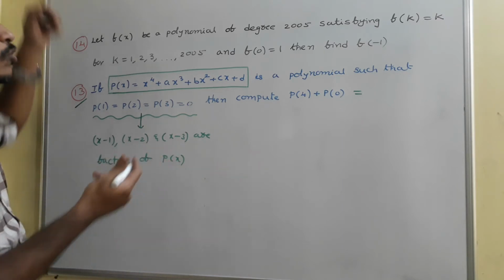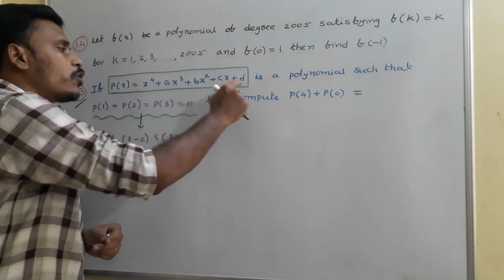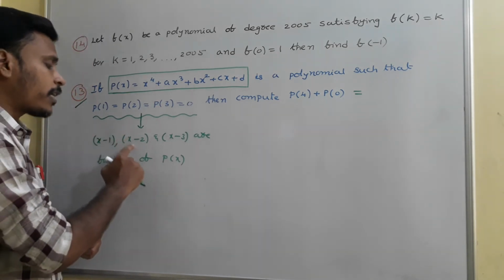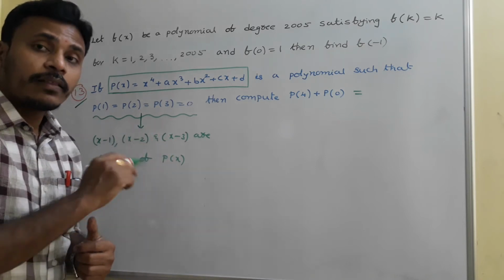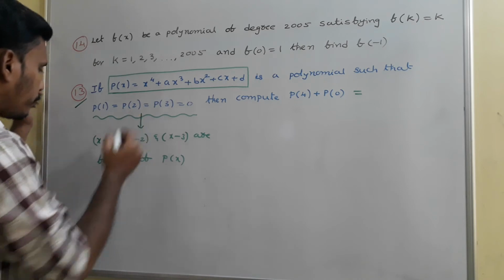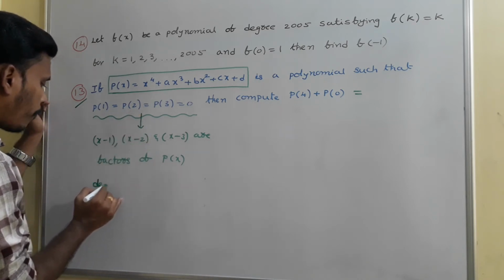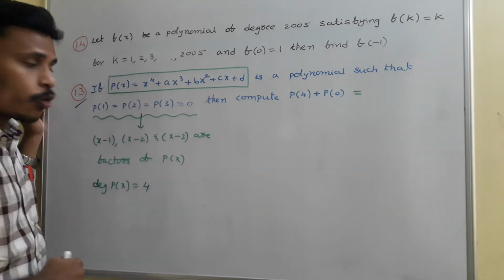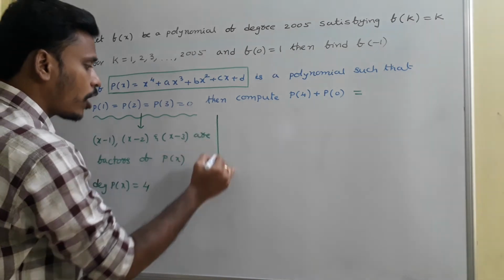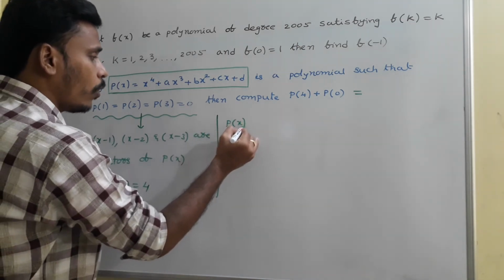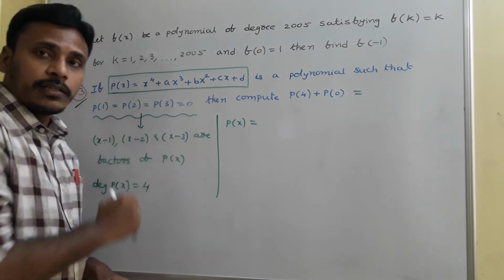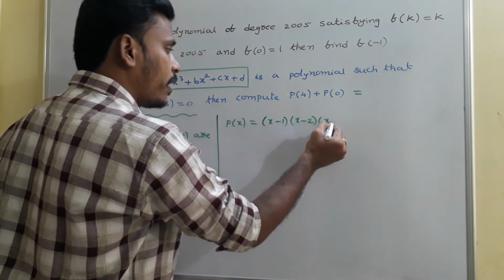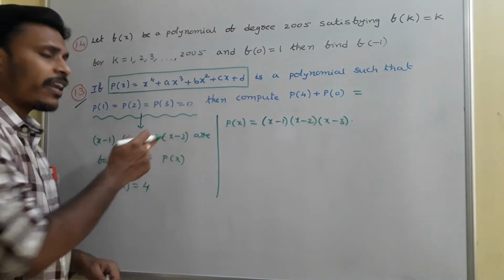Okay. And what to say about that P of x? See, P of x is of 4th degree. Since P of x is of 4th degree, x minus 1, x minus 2, x minus 3 are 3 factors, then it may contain a 4th factor. Okay. See, we know that degree of P of x is equal to 4. Okay. And leading coefficient of x power 4 is also 1. With this information, I have a chance to write that P of x is equal to, since these three are factors, x minus 1 into x minus 2 into x minus 3 into, they are factors, okay.